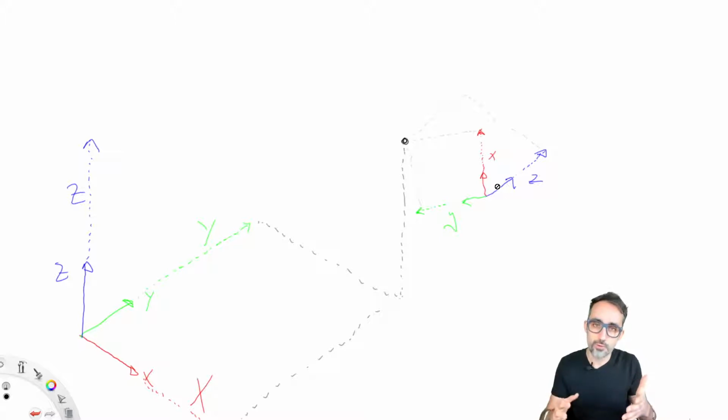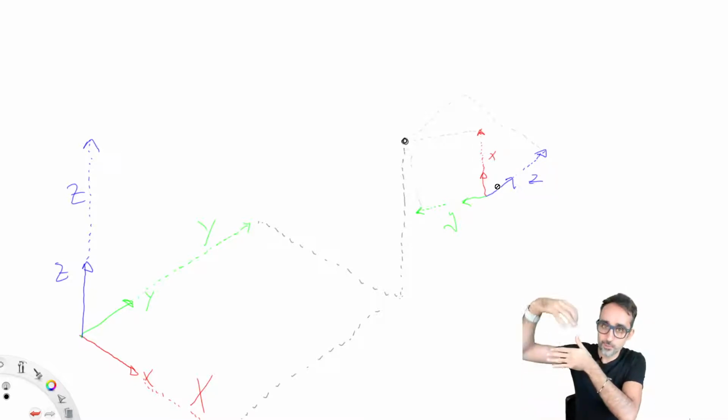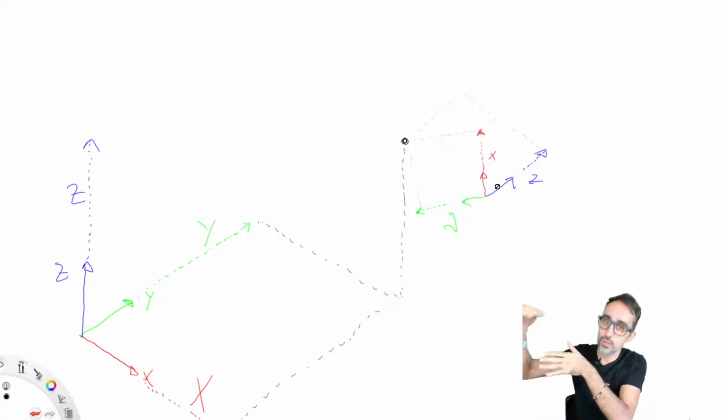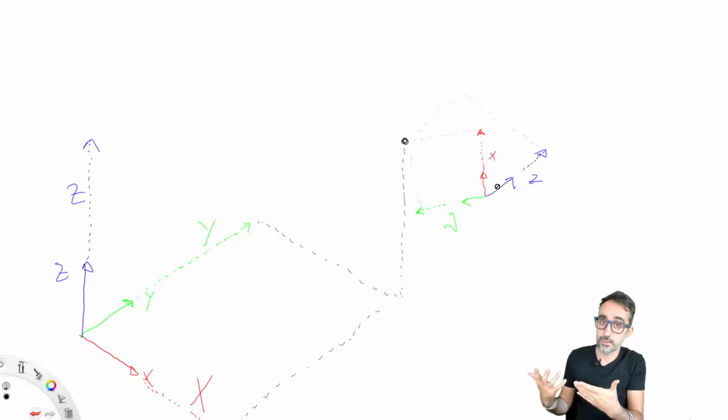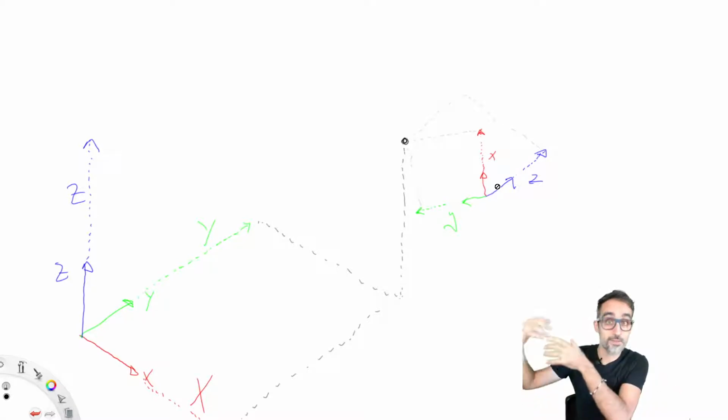In this gem, we have a point defined in some kind of local coordinate system, and then we have some other coordinate system that is somewhere else. What we want is to create a new point in that coordinate system that has the same relation to it as the old point has to the old coordinate system. Whatever the local coordinates of that point in the first system are, I want those local coordinates to be the same for the new point that I'm going to create in that new reference system. And ultimately, because I always need to work in world coordinates, I will need to find the world coordinates of that second point.